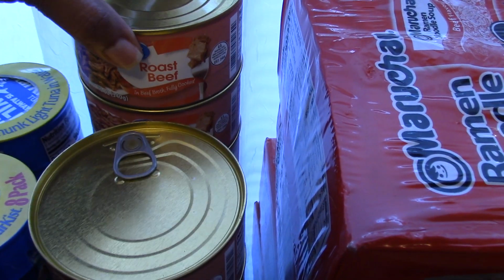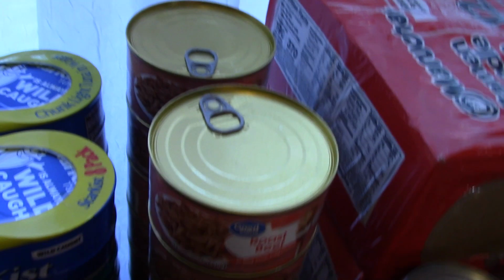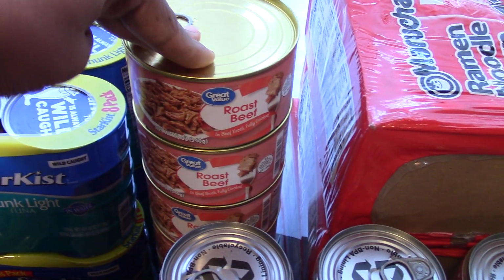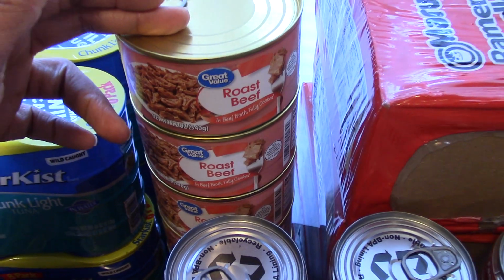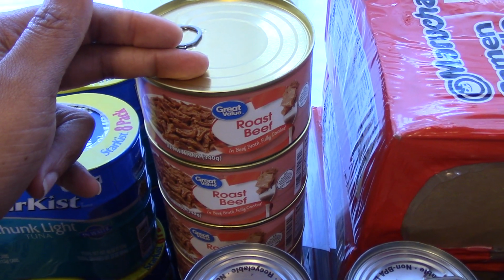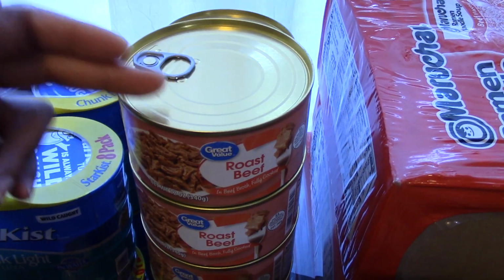And then I picked up some roast beef, y'all. And as you can see, I got a lot. I took all that Walmart had. No lie. I will be going back to pick up more canned meat because we all see now with the meat shortage, it's basically a shortage on a lot of things. And I just want to load up on these and have these in my stash. And again, I took all that Walmart had, so I will be checking to go back to get more of